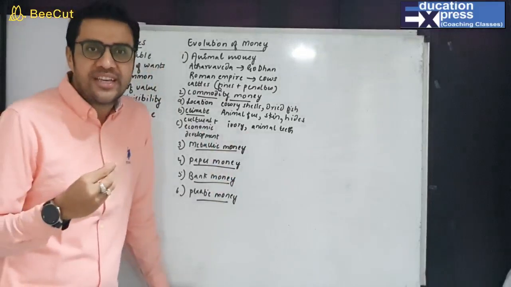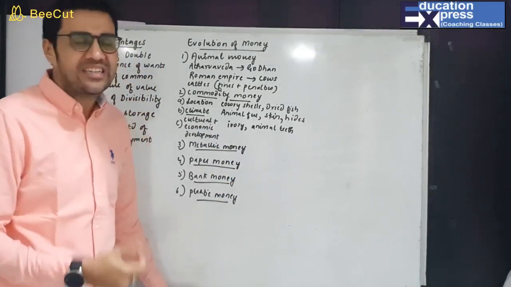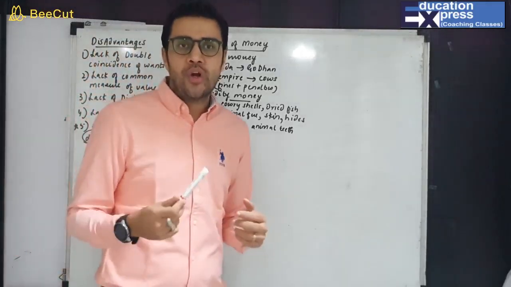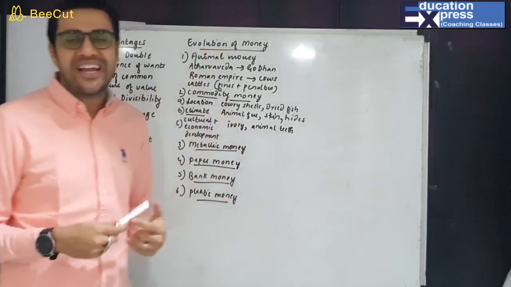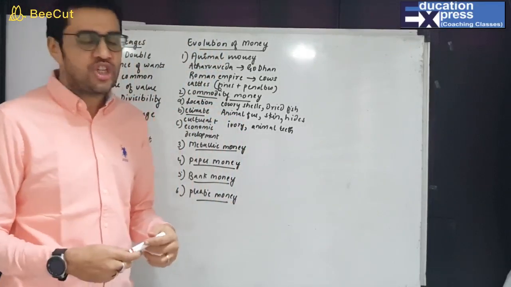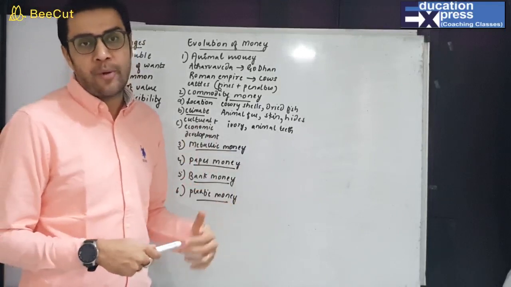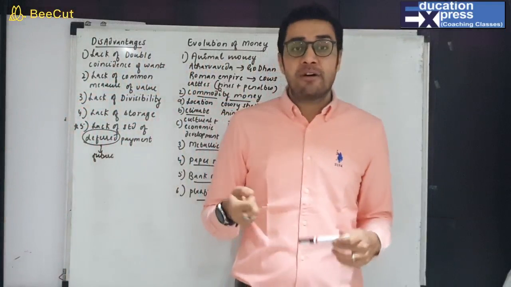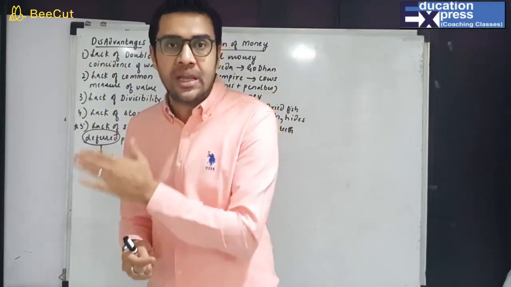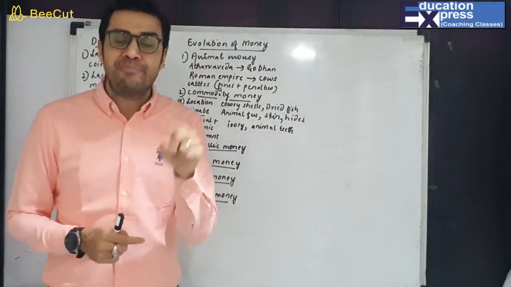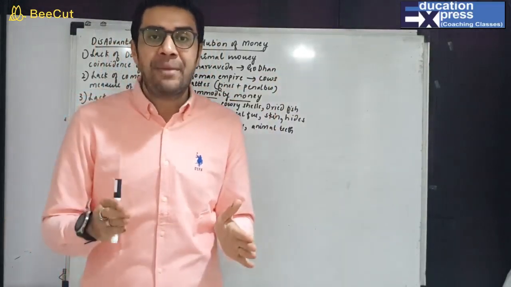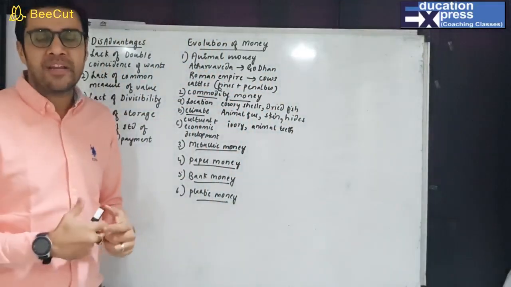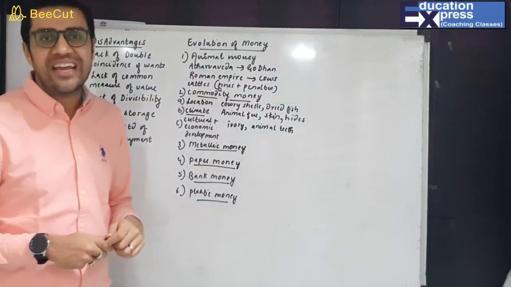But since these commodities were perishable, not long lasting, it converted into metallic money. Metals in the form of gold, silver, bronze, copper were taken and produced and were exchanged in place of commodities. And then after that comes paper money. Since the metals were very heavy to be taken from one place to another, and the production of metals was lesser as compared to the growth in trade and industry, paper money came, and paper money was very much prevalent in the 17th and the 18th century.